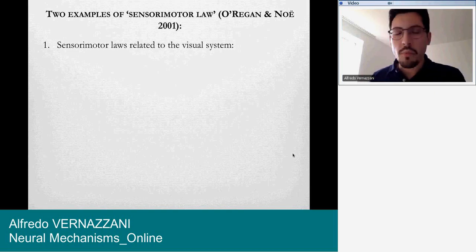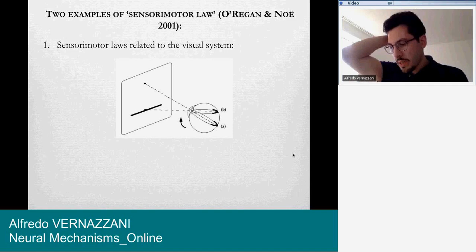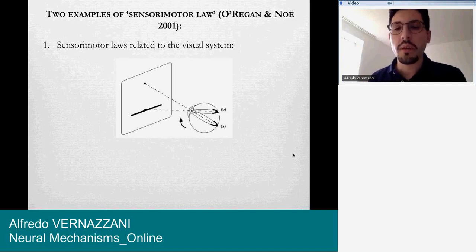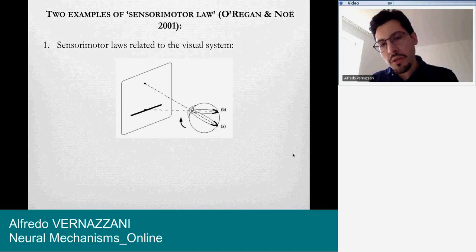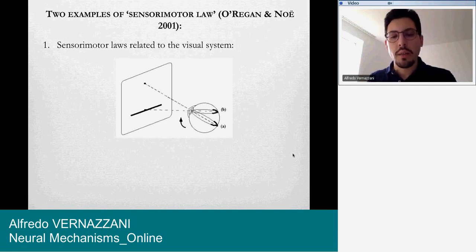So let us examine these examples more closely, but first let me say that they distinguish between two distinct sets of laws. The first set of laws are those related to the visual system, and here a famous example discussed in the original paper is that of eye movement. This picture is meant to illustrate precisely what happens to the representations of the environment when the eye moves upwards or downwards. The representation changes according to laws of optics, according to the form of the eye and how the light enters the eye and impinges on the retina. So that would be the first set of laws. The point is that the representations on the retina, the word representation being used by the authors themselves, change